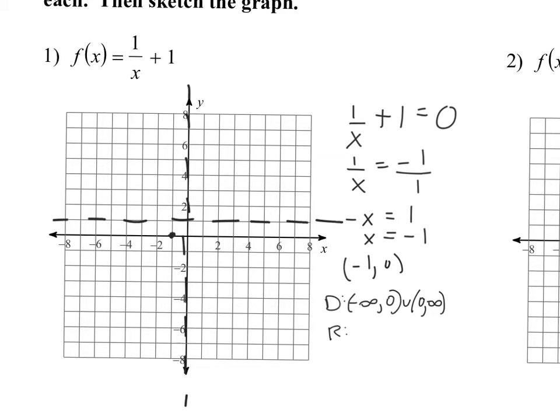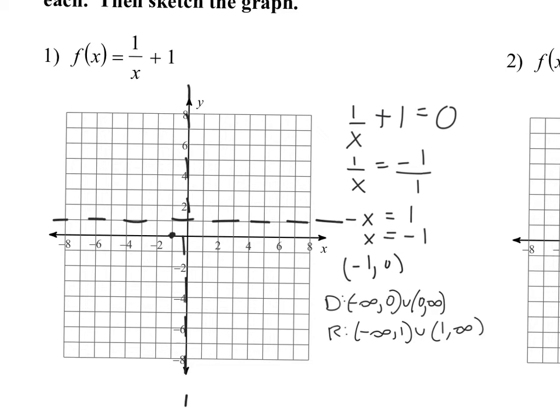So the range is going to be negative infinity to 1, and then 1 to infinity. Of course, all both of those mean is, another way to say it is all real numbers except 1, and all real numbers except 0. This is just a fancy way to say it. All right,